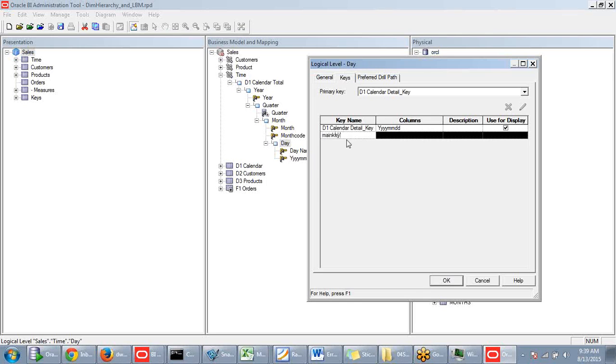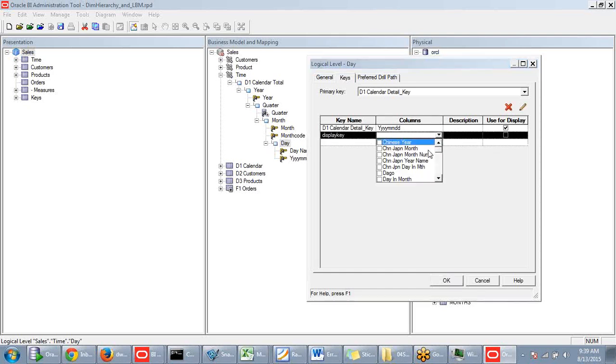Main key, or else I want this key for display. I'm naming it as display key, and here I'm going to take the combination of two things, that is this